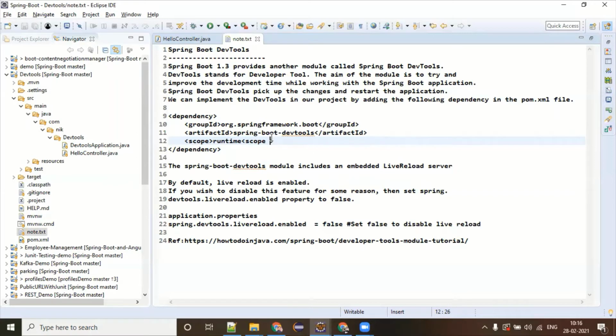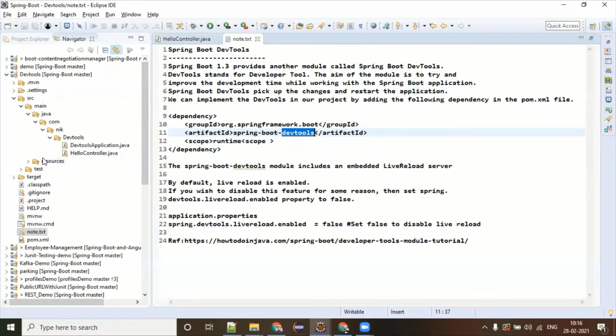Else, if it is a part of your jar file, then whatever mandatory beans have to be there for your application are going to be created automatically. So this is again a beautiful feature provided by Spring Boot. Here also, by adding dev tools itself, everything is going to be done. It means the moment you add it to the classpath or it is a part of your dependency management, automatically the related beans of dev tools are going to be created. That is the reason you don't need to do any configuration to achieve that.